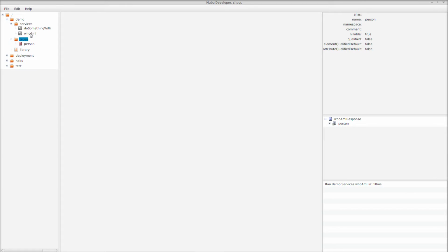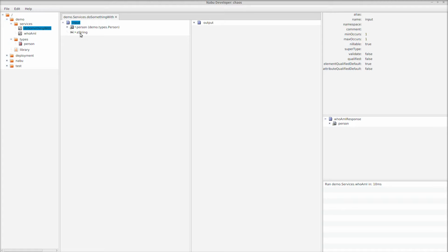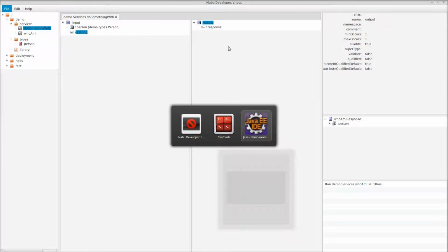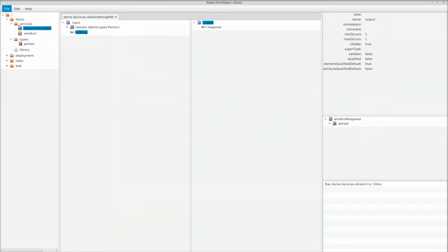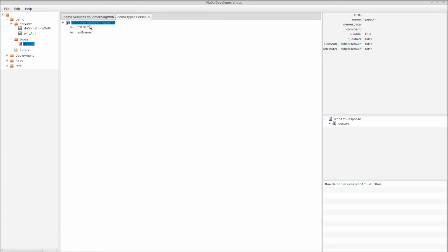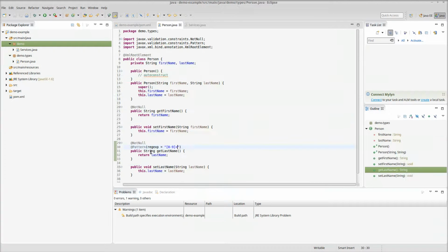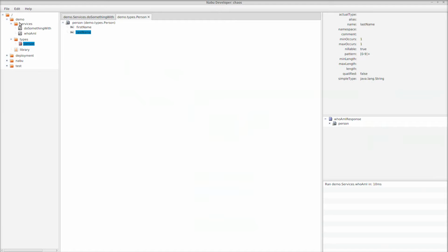We see that the do something with has been updated to have a string as additional input, and it has an output called response because we did not add a web result to this method. The person object is also updated. Both are now mandatory, and the second one has a pattern that resembles obviously the one that we defined in the person bean here. What we can do now is we can add a test service,